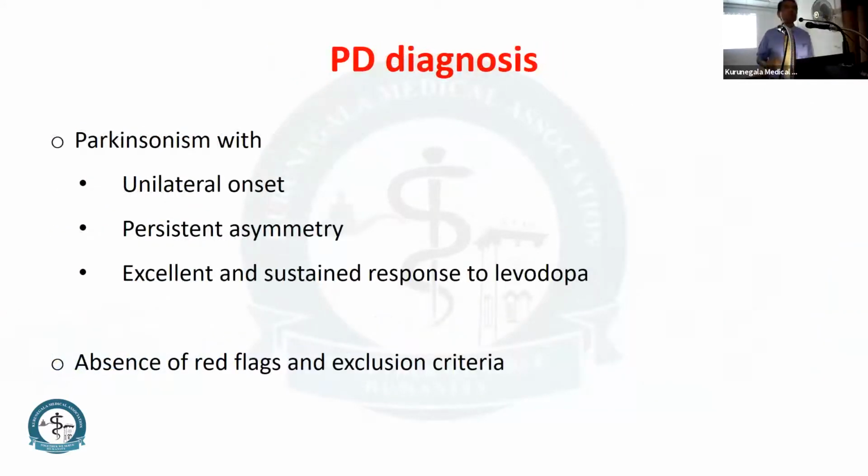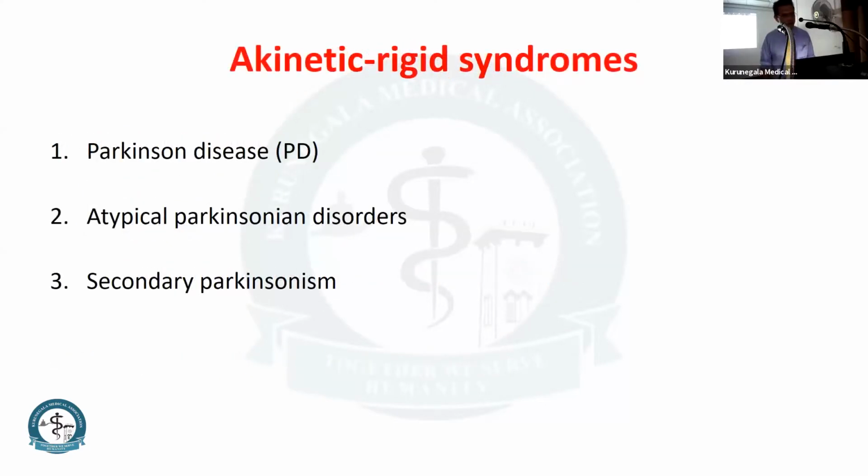Right. So to summarize, Parkinson's disease diagnosis: you know how to diagnose Parkinsonism. Once you diagnose Parkinsonism, you have to demonstrate there is unilateral onset. You have to detect this persistent asymmetry and excellent response to levodopa, and absence of red flags and exclusion criteria, which I highlighted to you. Right. Now we are going to talk just two slides on atypical Parkinsonian syndromes and secondary Parkinsonism,